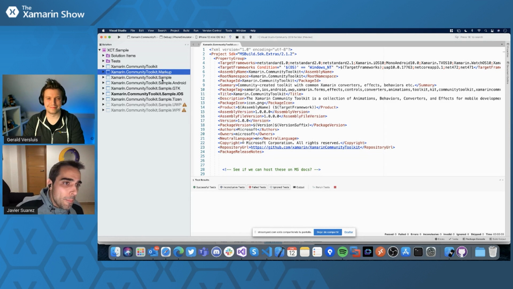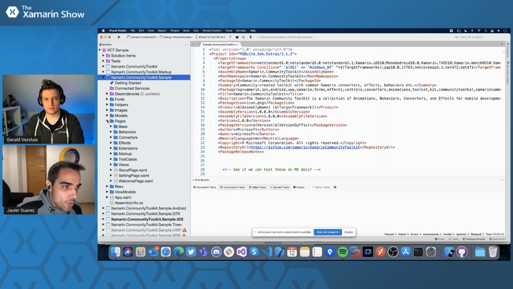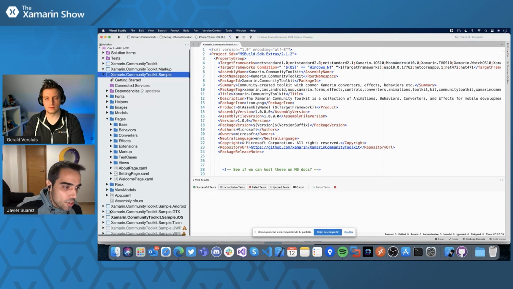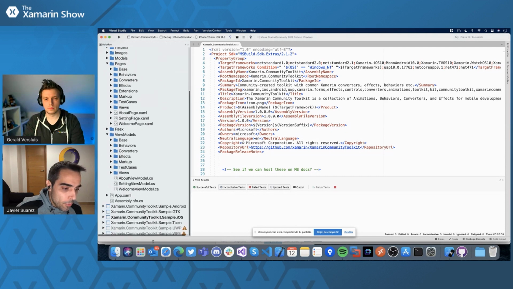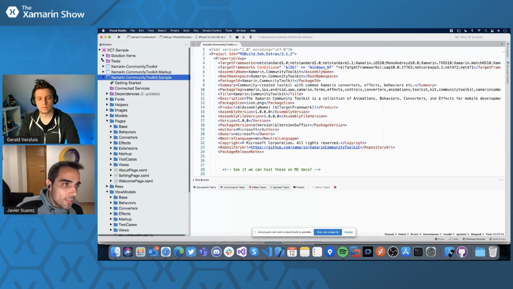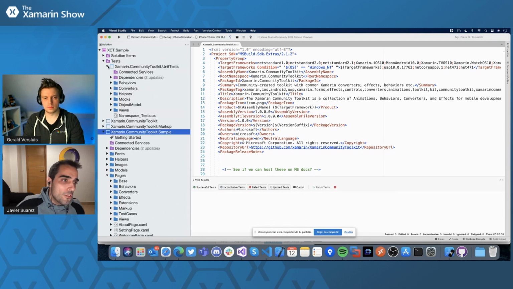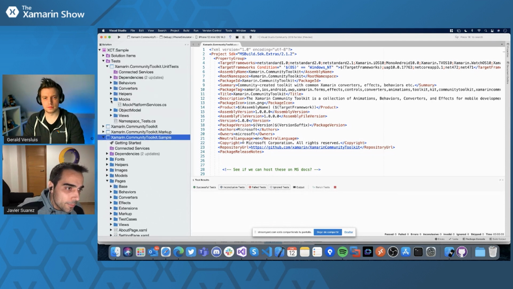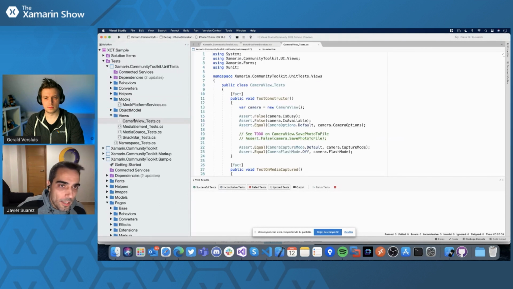Then we have many projects related to the sample. There is a main project where we have, of course, all the views and pages and all the view models, and you can find the different projects for every native platform. We also have some unit tests. If you want to include some functionality, we are using some mock servers and some tests using XUnit.